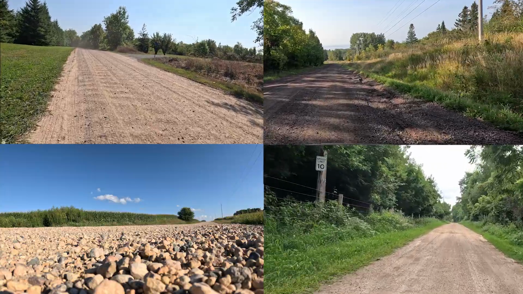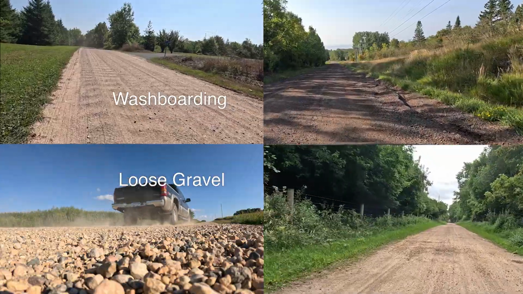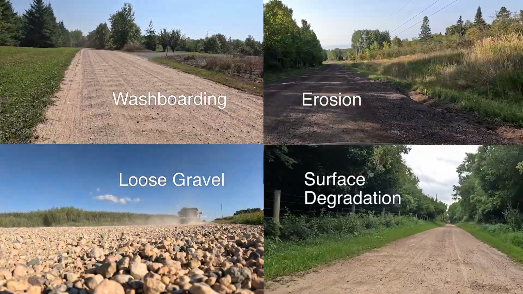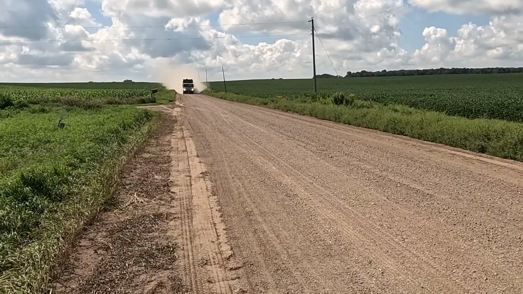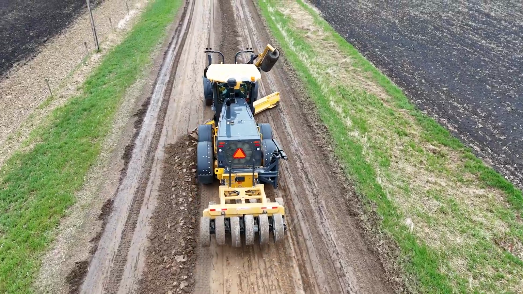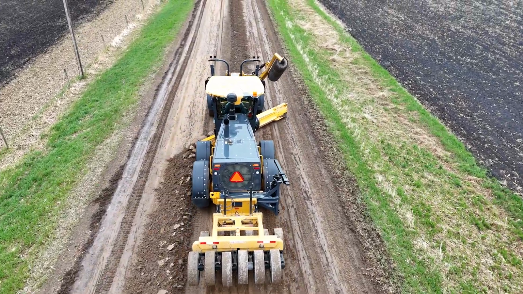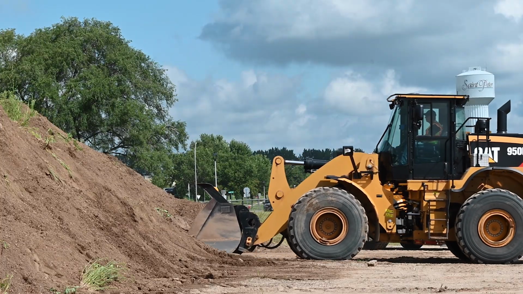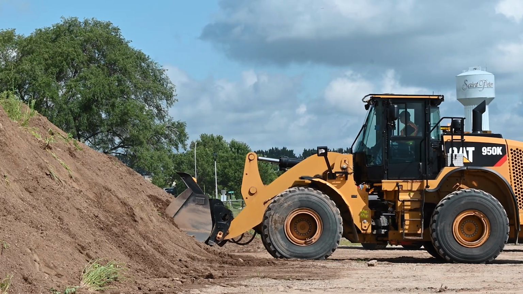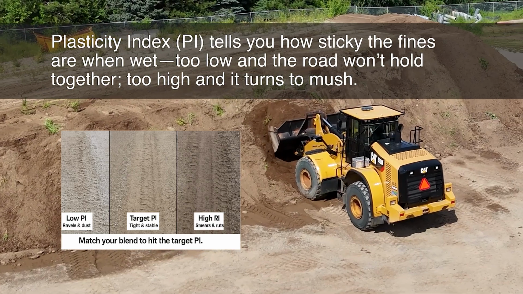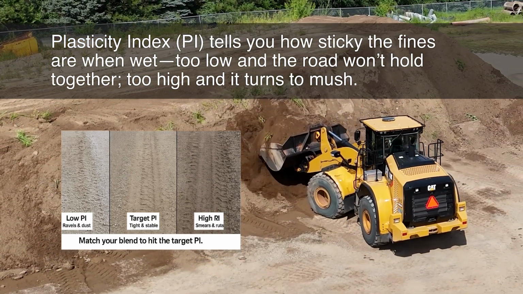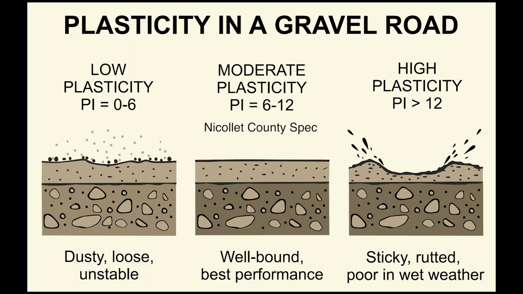Common gravel road problems include washboarding, loose gravel, erosion, and surface degradation. These issues often stem from inadequate materials or improper grading. Good gravel is well graded, with the right particle size and the right plasticity index, or PI. Plasticity refers to a gravel's ability to deform without cracking or crumbling when it's dry, and it holds its shape when wet. It's measured using the plasticity index, PI, which indicates the moisture content range over which the material remains